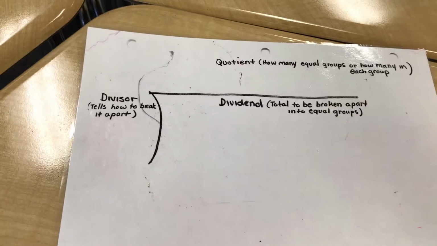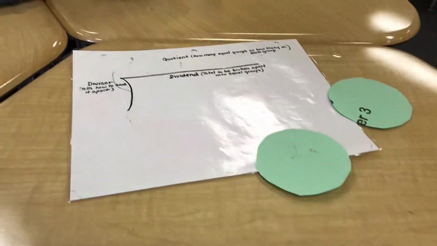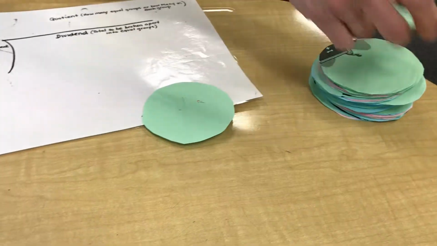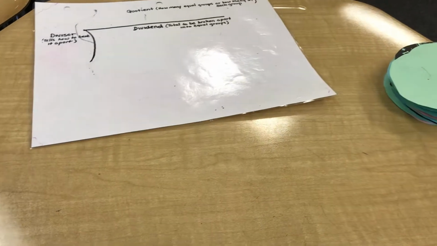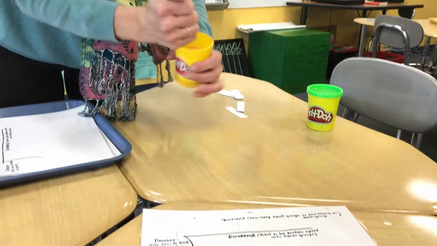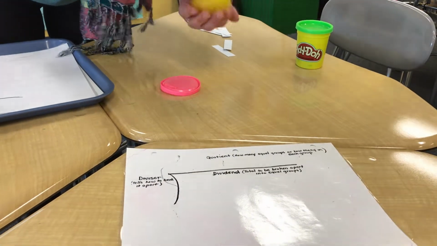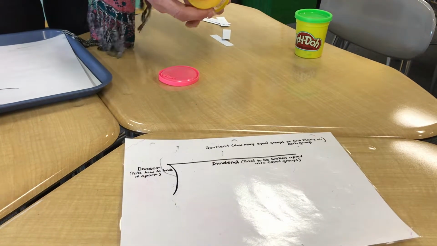And instead of having the answer on top, I give them these cards, and I say each of these cards represents one group. So you can use these to group things on, and you put out as many as you need, so they get stacks of groups. And so we start out by saying, okay, I have a dividend of 6. So I want you to take your Play-Doh and make 6 little